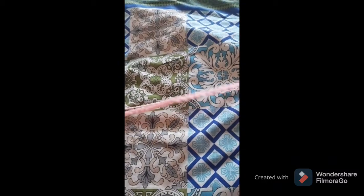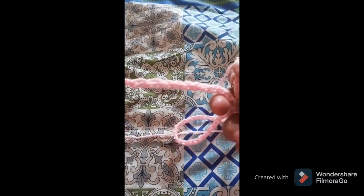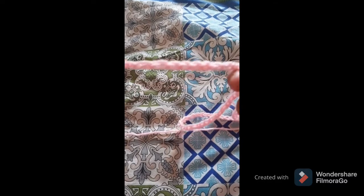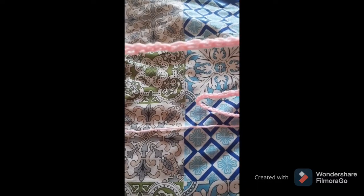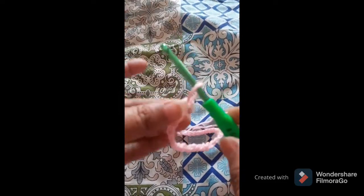Alright everyone, now I have finished the length of the muffler. It will be a bit more than this, because I'm going to make the borders also, might be a 1-inch border or something like that. So this is the thing that I got. I'll just make one more stitch to show you finally that this is a loop,